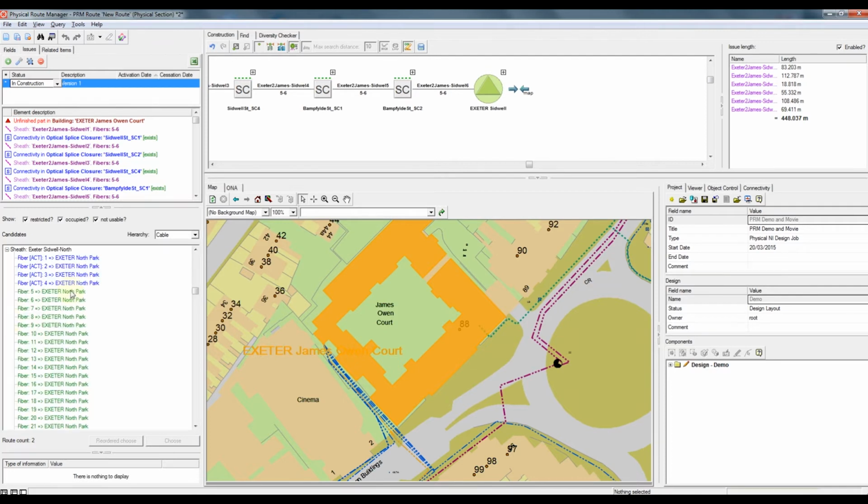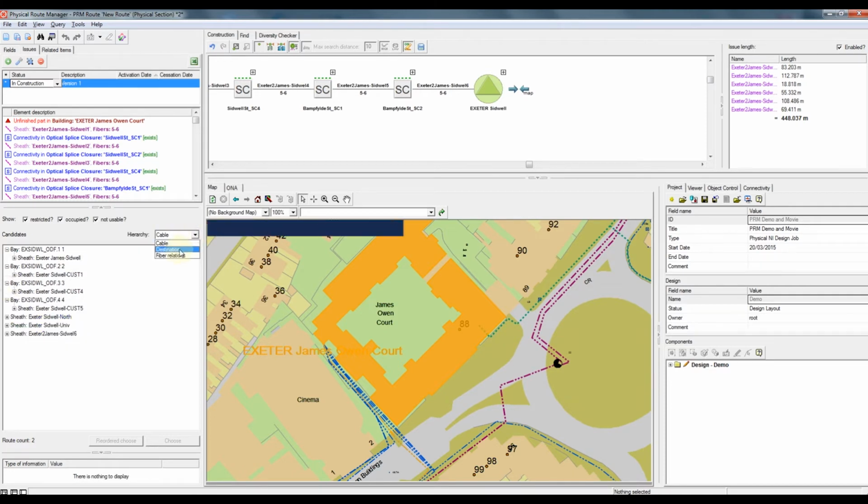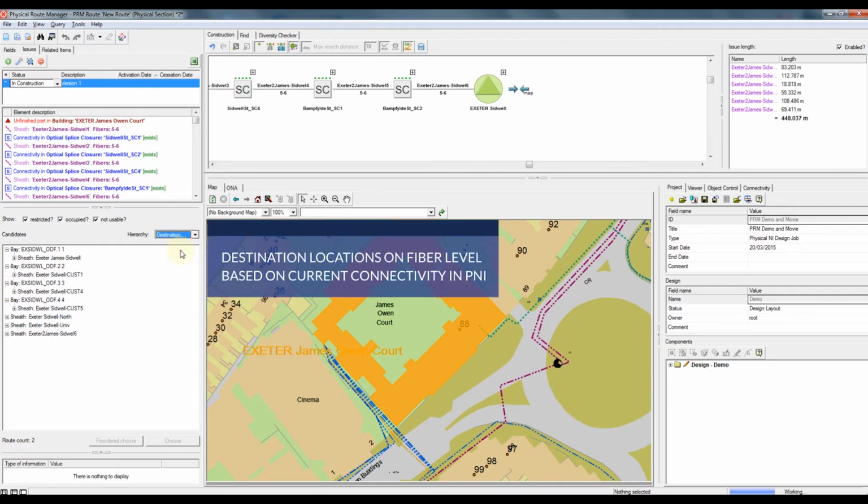So for example, this cable's name says that it goes to North building, so you can select some fibers from this cable. You can see that this Exeter North Park, the building which we want to reach, is a target location for these two fibers, but we can use destination hierarchy here